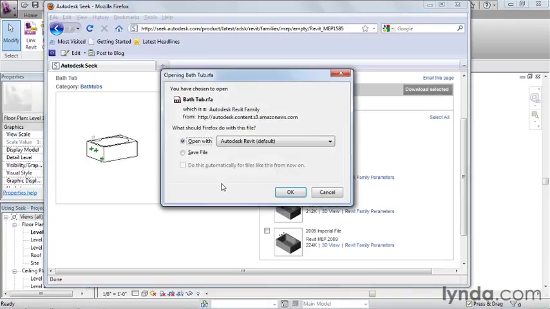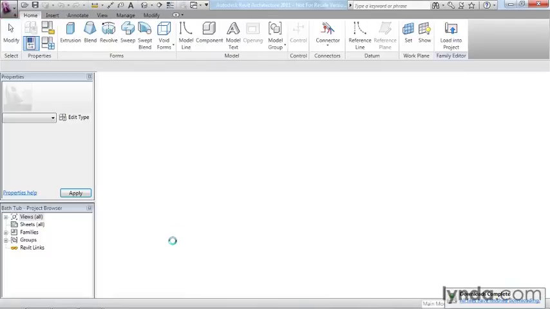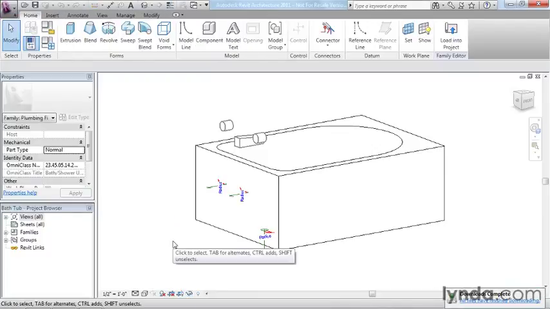Now, if you've never used Seek before, if this is your first time, you're probably going to be presented with a screen that's going to ask you to read the usage statement and agree to the terms. So you should definitely do that the first time, and then you can click Accept, and then from then on, it will just allow you to download as I'm doing here. We have 2 choices. We can open it directly in Revit, or we can save the file. I'm going to go ahead and open it directly in Revit,